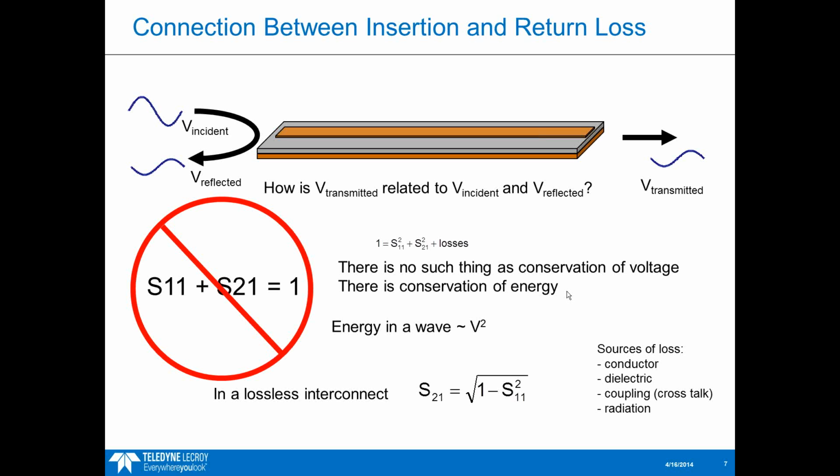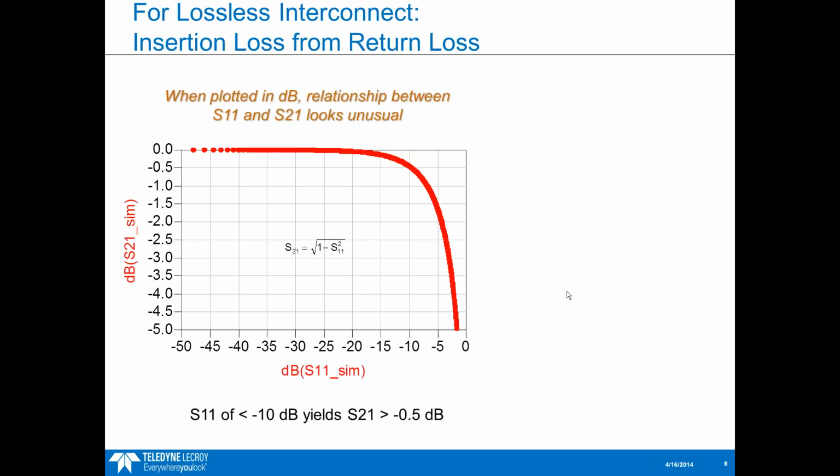So we can see that the insertion loss is equal to the square root of 1 minus the square of the return loss. So to understand what that really means, let's plot that so we can actually see basically how much reflected signal we need to have before we need to worry about it impacting the transmitted signal. So if we plot that equation in the middle here,